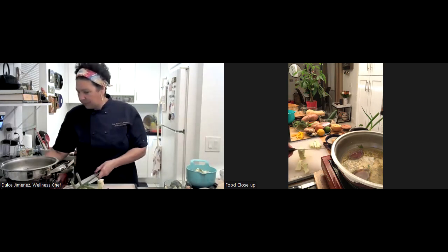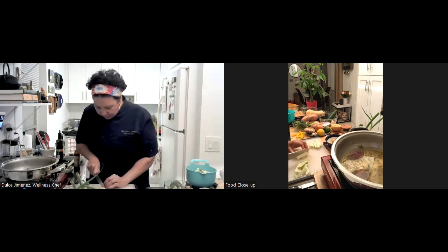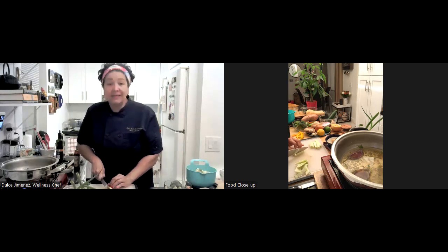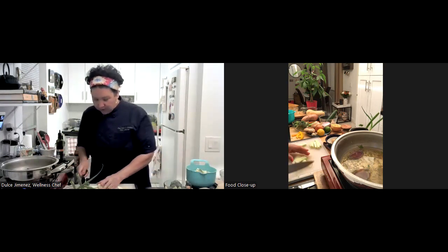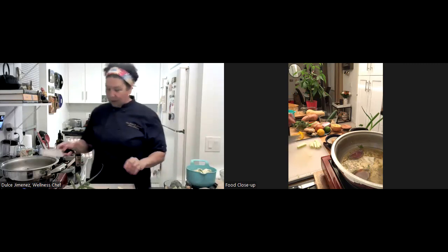Okay. In the same water, because I'm just doing broccoli and Brussels sprouts. If I will do any other vegetables, like maybe cauliflower, I would not put it in the same water because the water is a little bit green with the Brussels sprout, but because it's broccoli, I don't mind. So I put my water again,